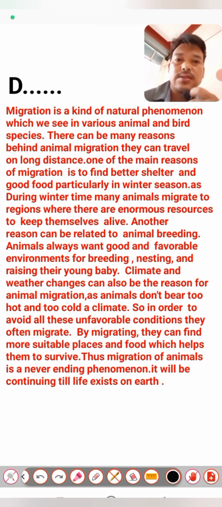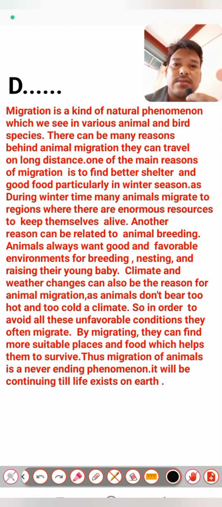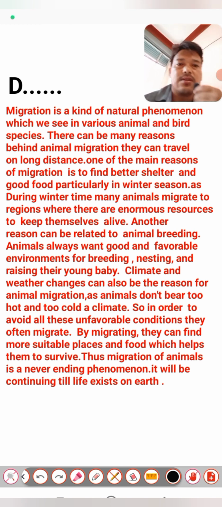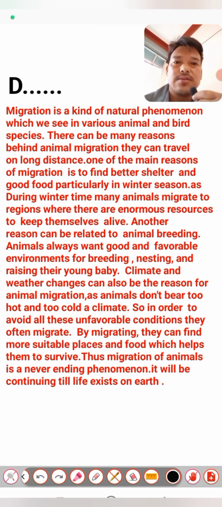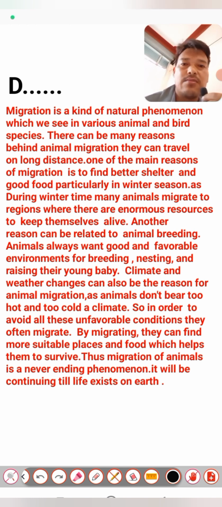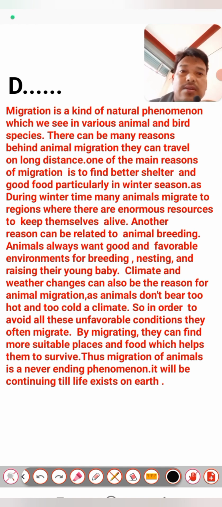In exercise D, students, migration is a natural phenomenon which we see in various animal and bird species. We have talked about birds, but animals can also migrate to new places, and we have to discuss the reason behind that. There can be many reasons behind animal migration. They can travel long distances. One of the main reasons for migration is to find better shelter and good food. Particularly in winter time, students, we often see